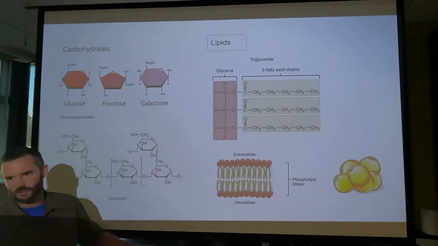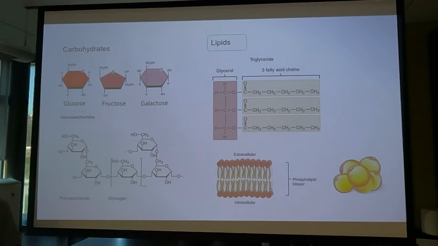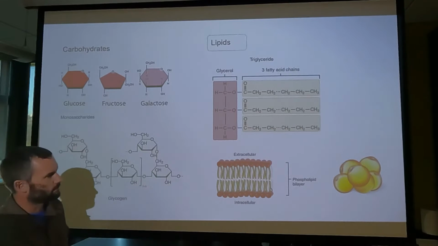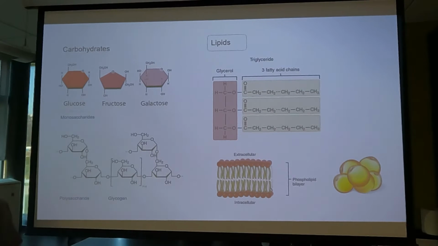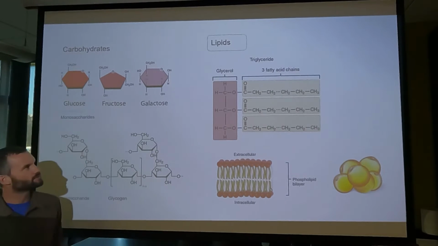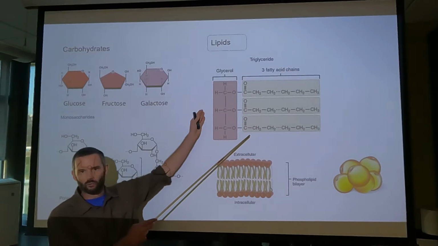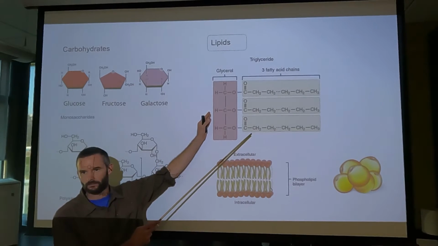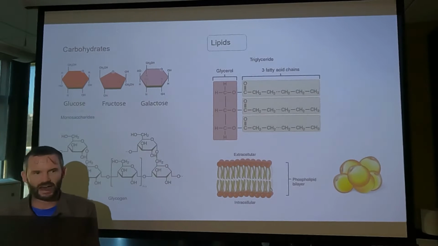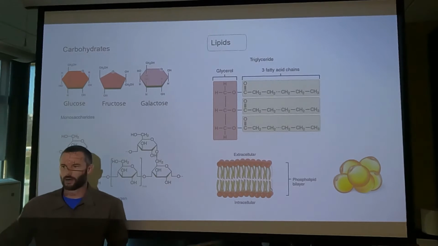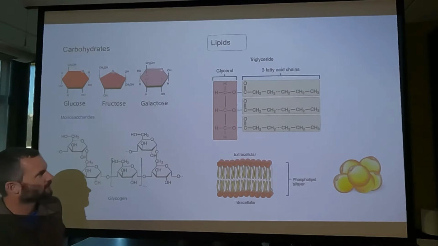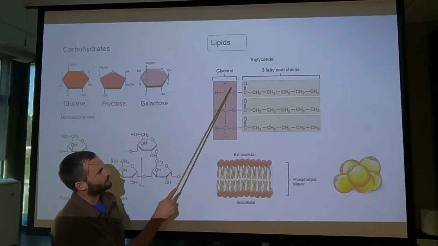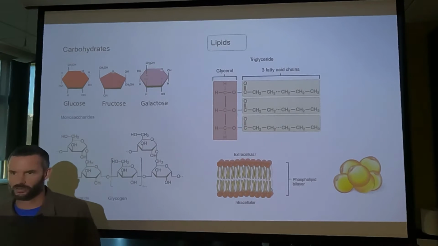And then we have lipids. And with regards to nutritional lipids, the lipids we ingest, and the lipids that are found in subcutaneous fat, for instance, it's in the form of what we call a triglyceride. So your subcutaneous fat layer is a bunch of triglyceride molecules in adipose cells. And what are these lipids, what are these triglycerides made of? Carbon, hydrogen, and oxygen. Okay, so there's a theme here.